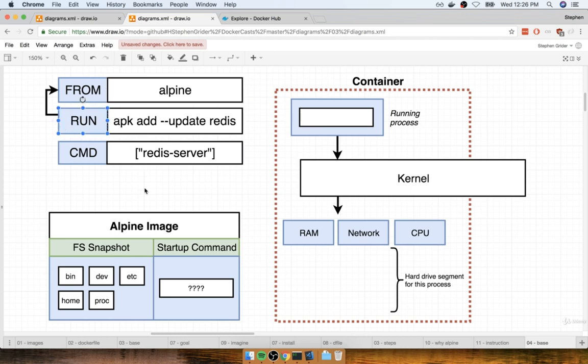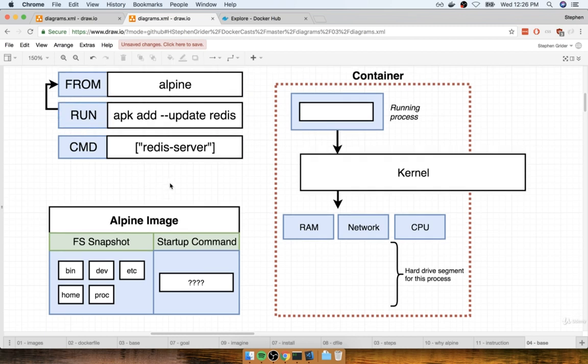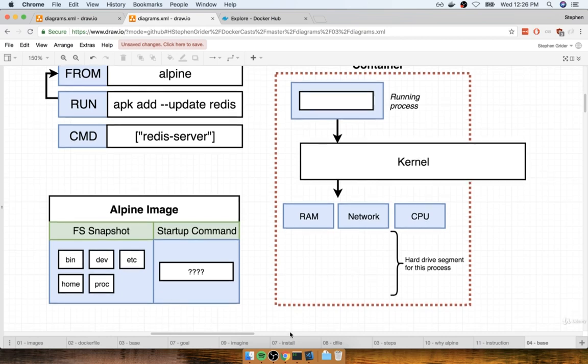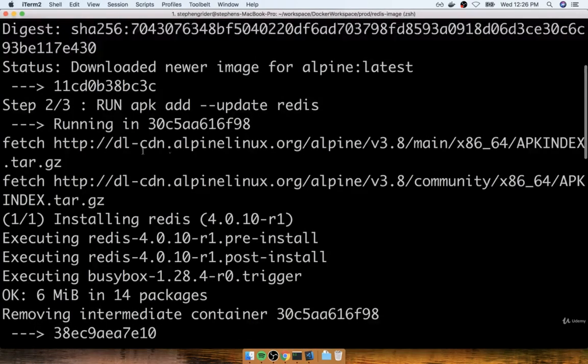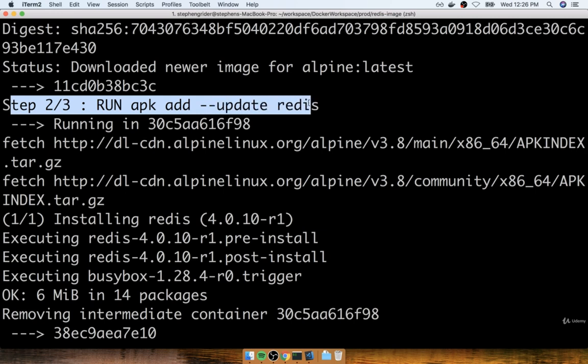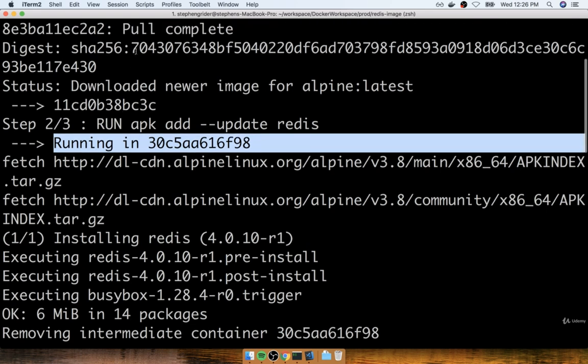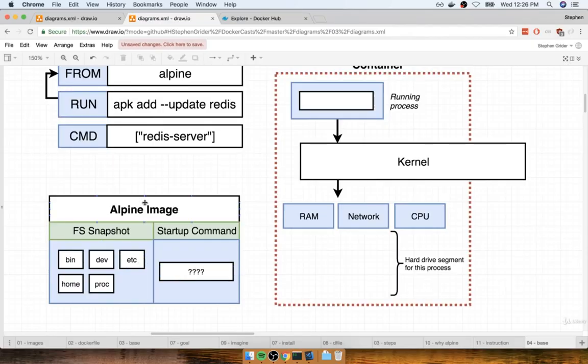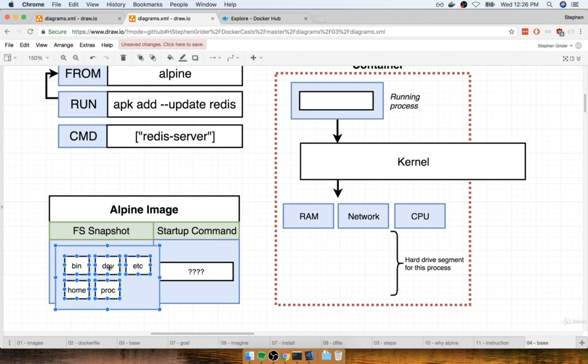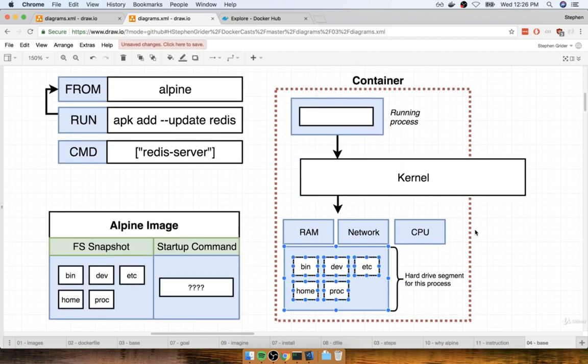Then on the RUN line right here, it took that image and created a new container out of it. So in memory, we very temporarily got a brand new container created at the very start of step number 2. And that's what this "running in" message right here means. It means that it created a temporary container out of the image that was sourced during the previous step. So we can imagine that we took the entire file system snapshot from the Alpine image and we stuffed it into this very temporary container